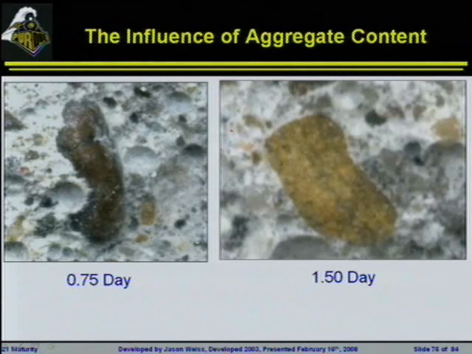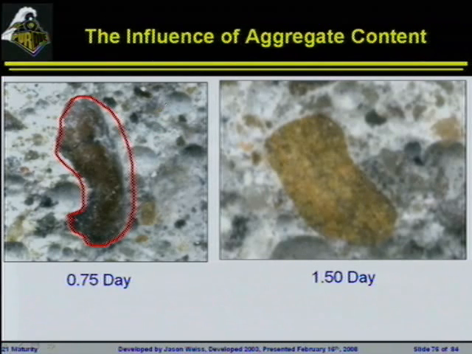Now I will talk very briefly here about one specific aspect where I think people get this wrong quite frequently. These are concrete pavements from Indianapolis. This is a typical concrete pavement. If you've been on 465 around Indianapolis, you have driven over this particular concrete. While you can't see it very clearly, what you can notice here is this is a concrete surface that's fractured at 0.75 days. For those of us who don't exactly know what 0.75 days is, it's really close to